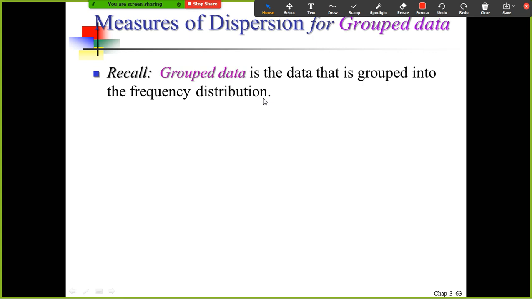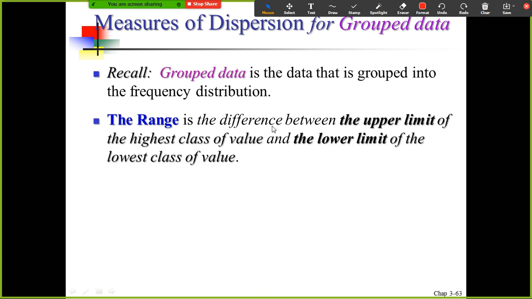Step 1, find class frequency. Step 2, class interval. Step 3, class limit of each class. Step 4, tally. Step 5, frequency. Okay, suppose that we have frequency distribution table and we need to find range. How to find range? In order to find range, you need to find